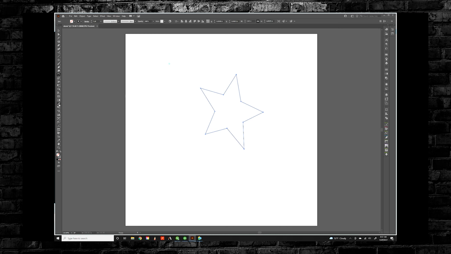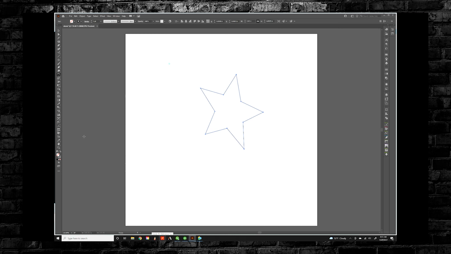artist. Color picker, your plotter cannot see color, so useless. Blend tool, useless. Symbol sprayer tool, mostly useless for what we're doing. Column graph tool, useless. These are all aftermarket plugins. I will touch on them in the first project, but you won't have them unless you go buy them. I'll put a link to Stu Graphics in the